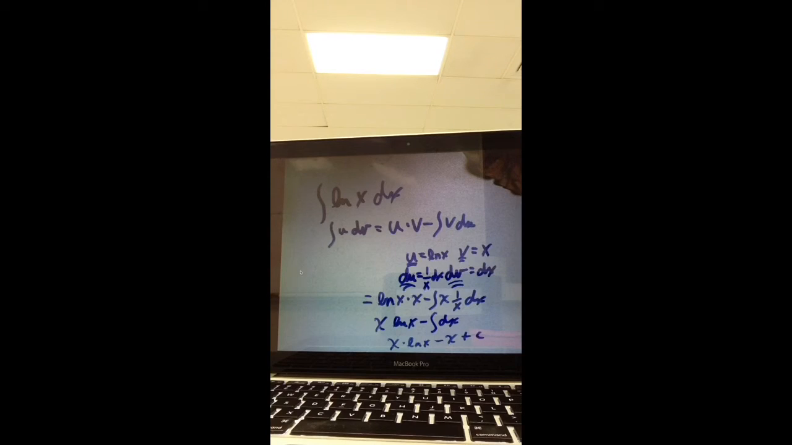Wait. What happened to the left side? Wouldn't that be natural log of x times x? What are you talking about over here? Yeah. That was u, which was the natural log of x. dx was dv, right? But that was the original problem. So what I'm saying is